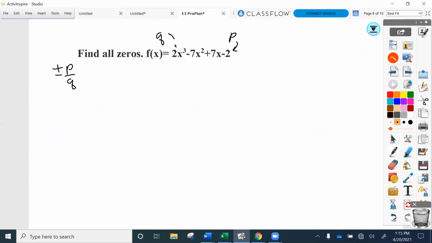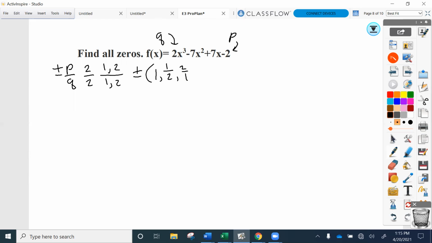Q is here, it's also 2. So the factors of 2 are 1 and 2 on the top and 1 and 2 on the bottom. So you could combine those to get plus or minus 1 over 1, which would just be 1. You could get 1 over 2, or you could get 2 over 1,